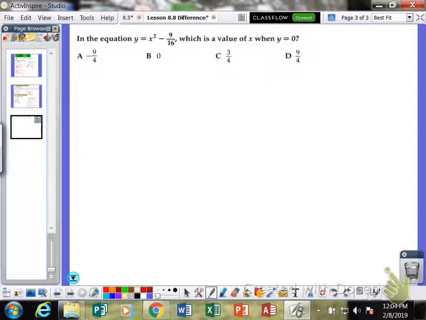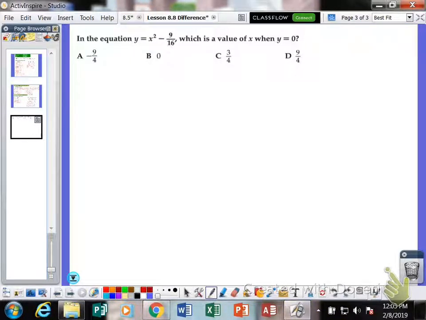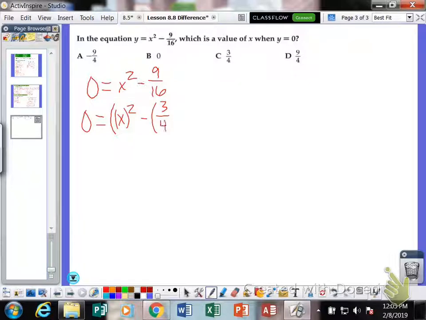Now our last problem, it says, in the equation y equals x squared minus 9/16, which is the value of x when y is equal to 0? Okay, so we know what our y is, so let's just change it to 0. X squared minus 9/16. This is a difference of squares. So we have 0 equals, this would be x squared minus 3/4